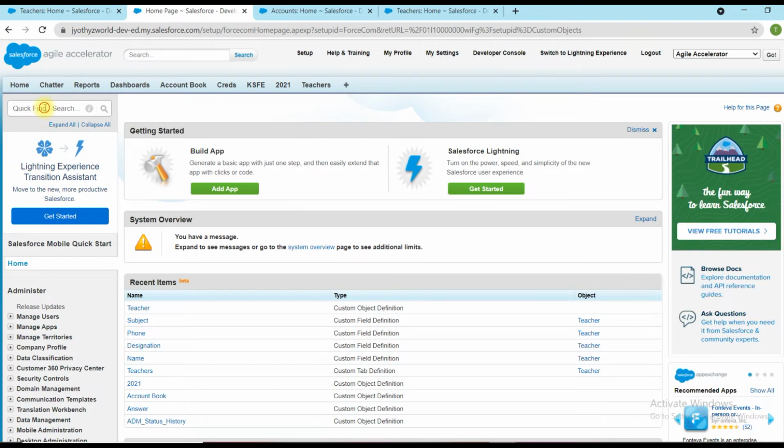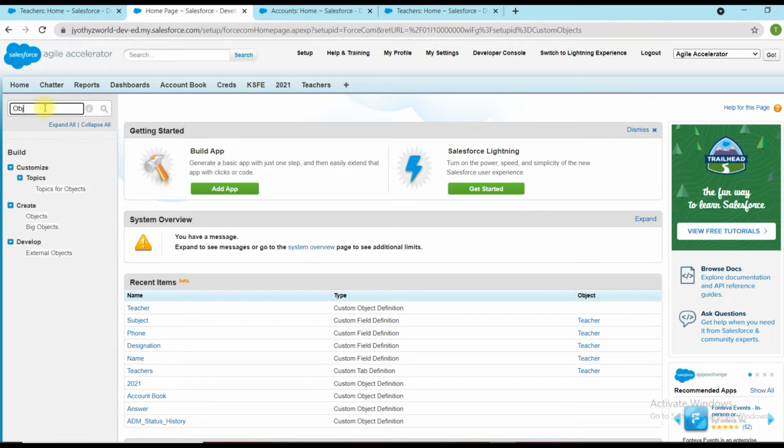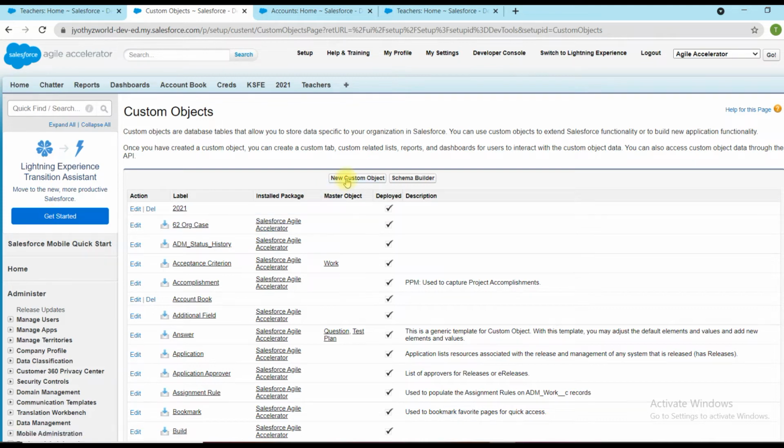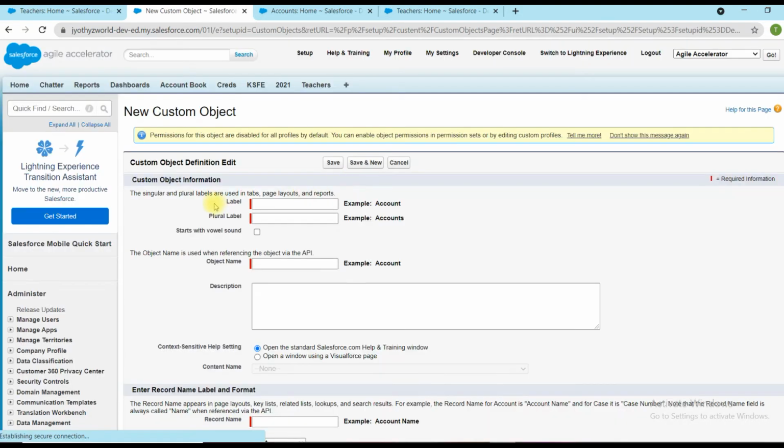From setup, search for objects. Click on new custom object. New custom object student, it should be student. Students.